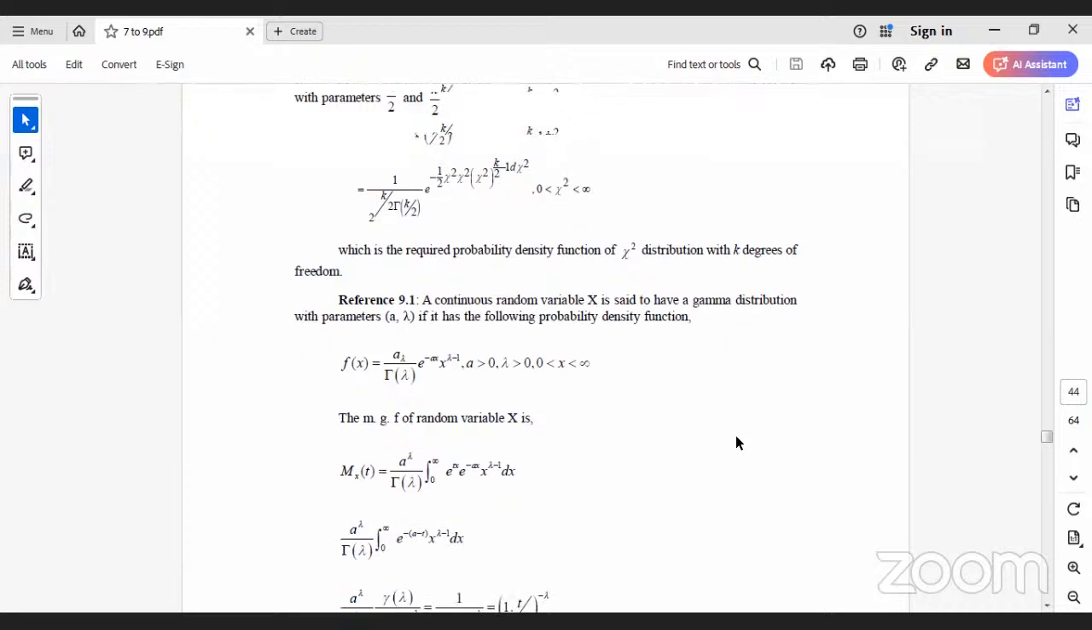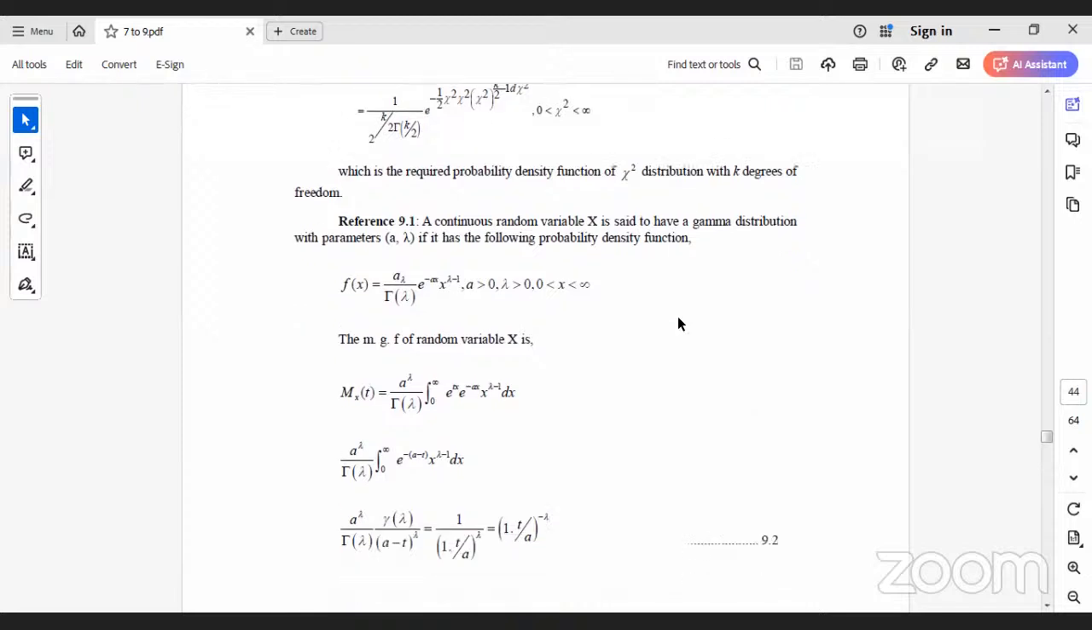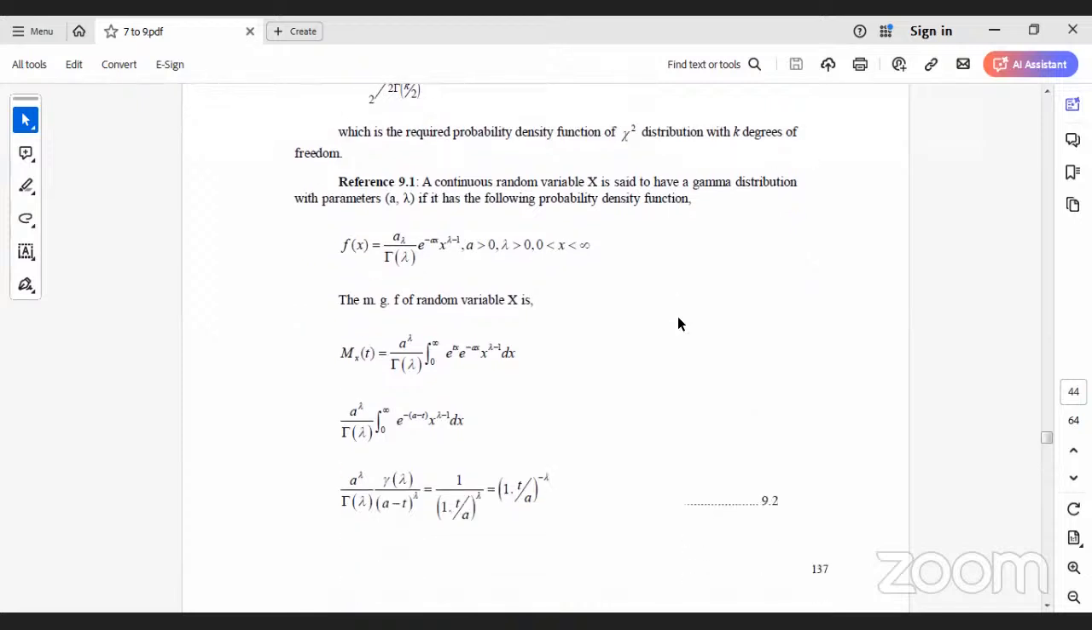A continuous random variable X is said to have a gamma distribution with parameters a, λ if it has the following probability density function: f(x) = a^λ / Γ(λ) e^{−ax} x^{λ − 1}, a > 0, λ > 0, 0 < x < ∞. The moment generating function of the random variable X is M_X(t) = a^λ / Γ(λ)